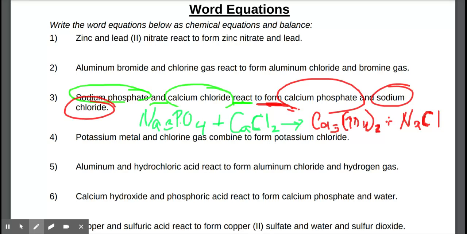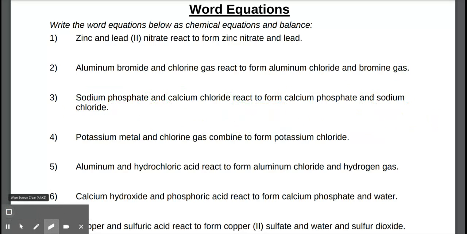And sodium chloride. And so, again, here we have our equation. We would then go ahead and balance it. As we can see, it's not 100% balanced. Okay, let's just do one more. I think we should be getting the picture by now. Let's just do one more. And instead of number 5,